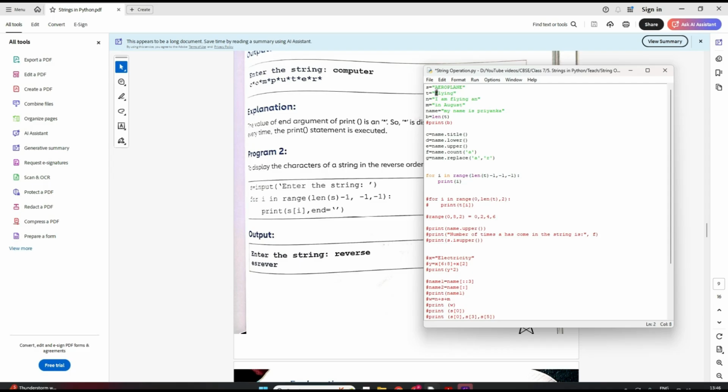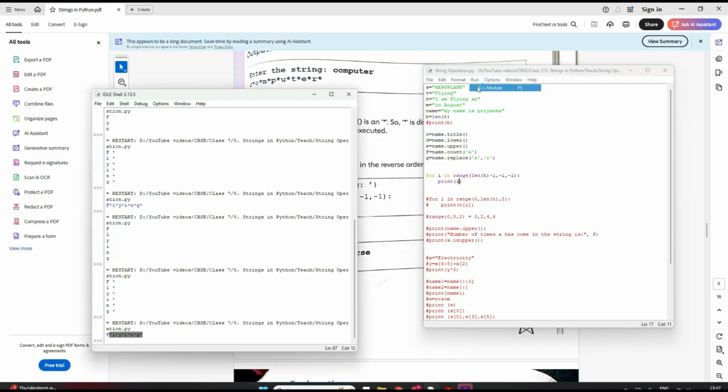I want to go till index 0. So I cannot write here 0. You remember, if I write 0, it will go till 1. Minus 1 it goes till, right? So if I write minus 1, it will go till 0. And the step of minus 1. Why? Because I have to traverse from 5, then 4, then 3, then 2, like in a backward, right? So it will be in a step of minus 1. Now let's try to print, save, and print how it is coming.